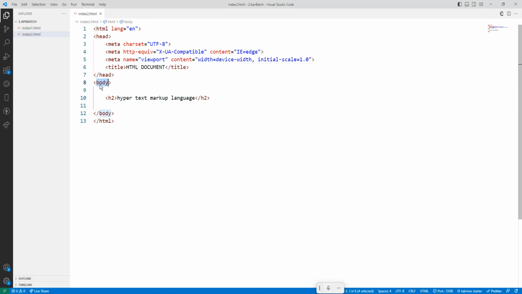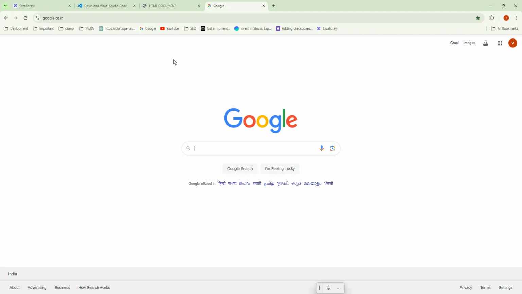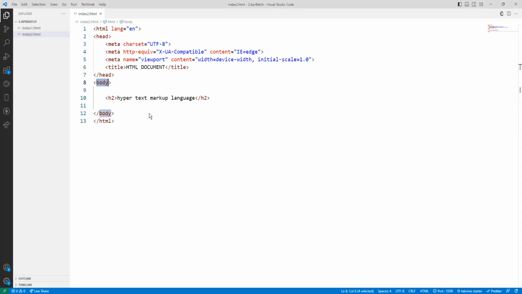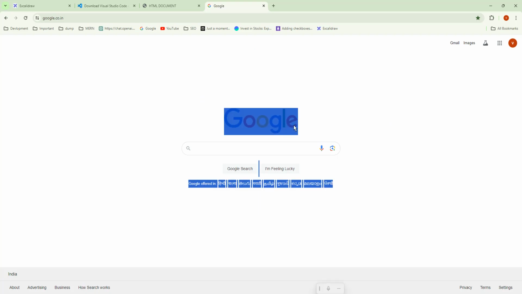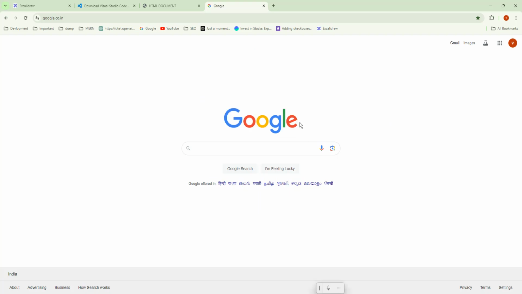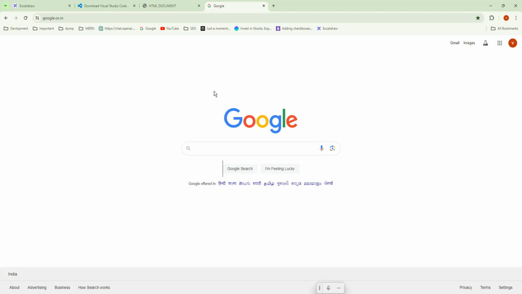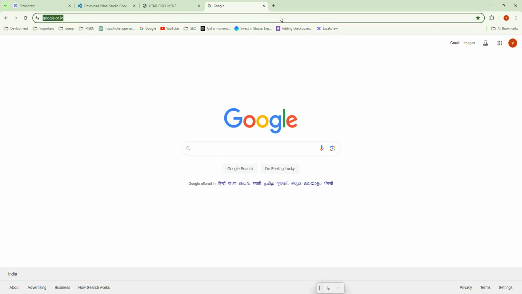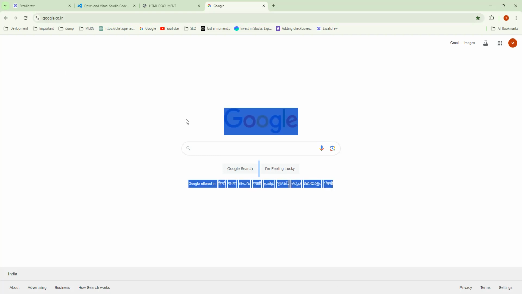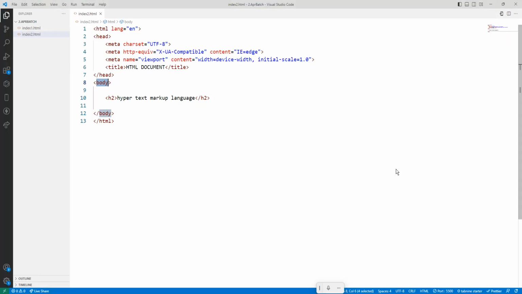Then the body. Anything that is visible on the browser, see, this is my Google Chrome browser, anything that is visible in the browser is written inside the body tag. Here there is a logo, here there is a text box, here there is a mic button. Everything is inside the body tag, so that is why it is visible inside the browser. So this is written inside the body. Okay,